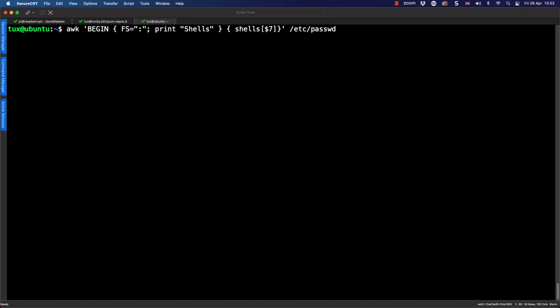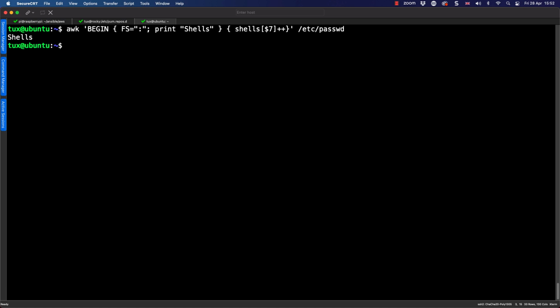We're going to have then $7 being the entries in the array. $7, remember, is our shell. The value that we're setting for each one of our shells is just plus plus. That just means we're incrementing its current value. So every time we find a shell, we go through and increment its current value. This is a way we can count them.